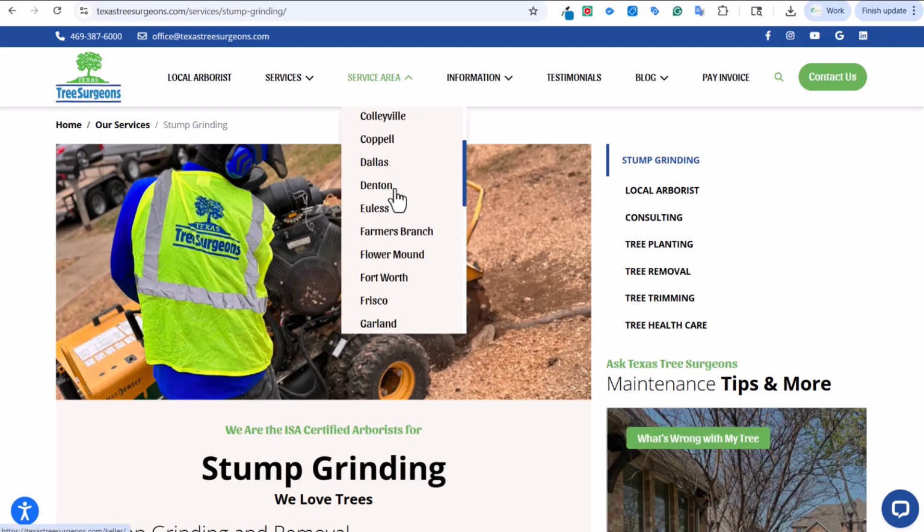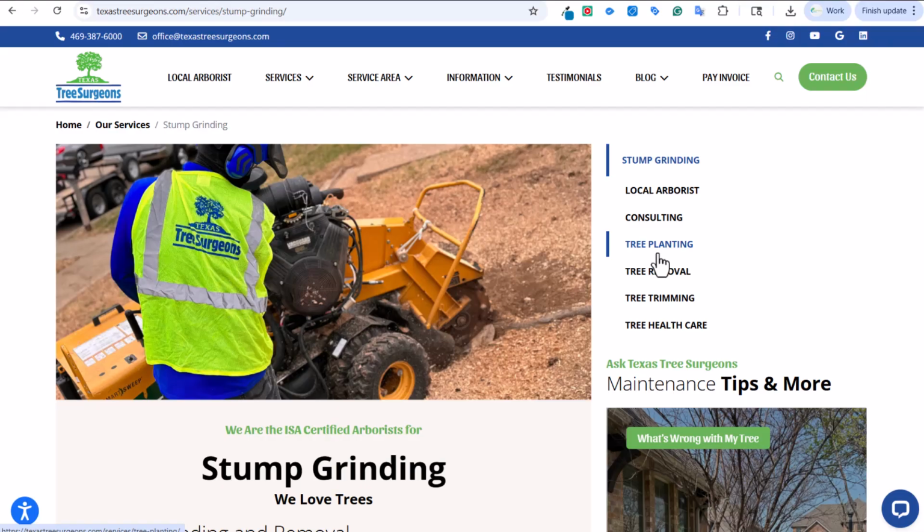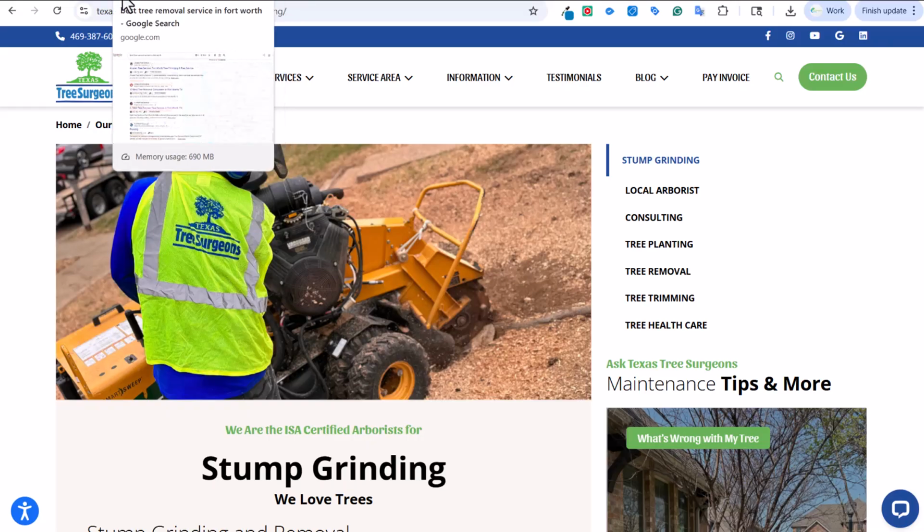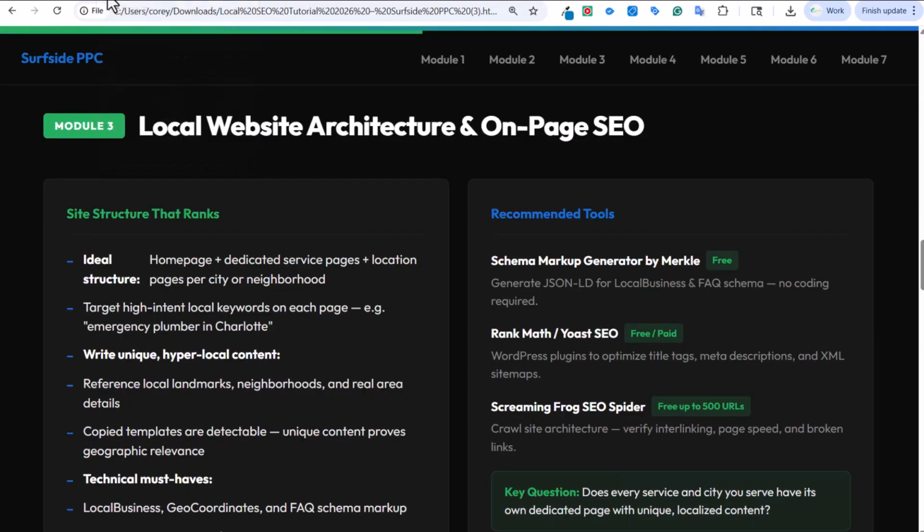If you're providing all of those services in all of these areas, it doesn't hurt to have an Addison, Texas tree planting page. Because even if it doesn't get a ton of search volume, the chances of you ranking higher for that page and also having that appropriated with your Google business profile is going to help your overall rankings in the long run. So that is the next thing here, just your overall local website architecture